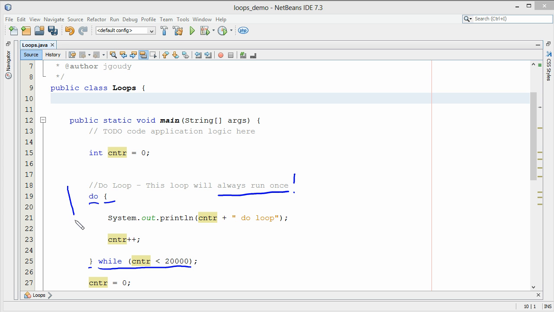If we're working our way down through the code, here we have a system out, but we can have as many lines of code as we need. We increment our counter. Our counter was at 0. It's going to go to 1. Hits the brace. We check the while statement. Is 0 less than 20,000? Yes, it is. We come up again,